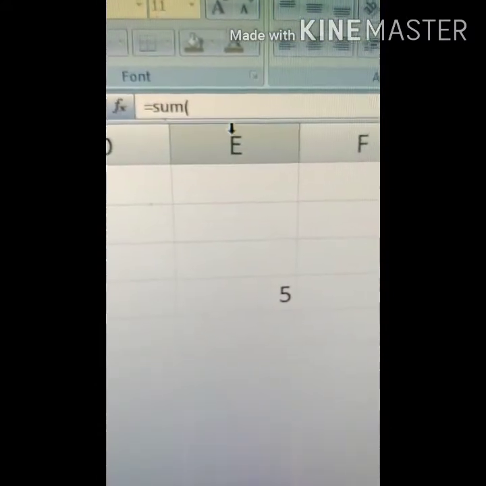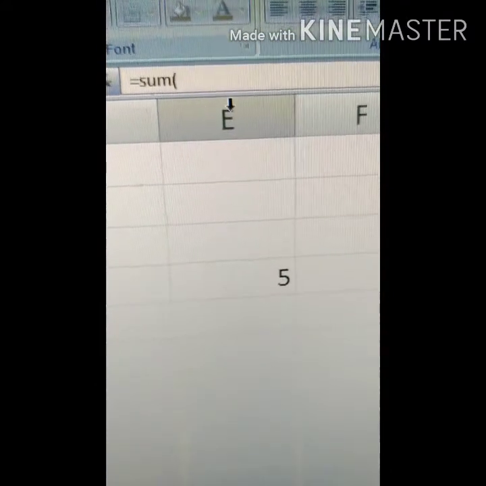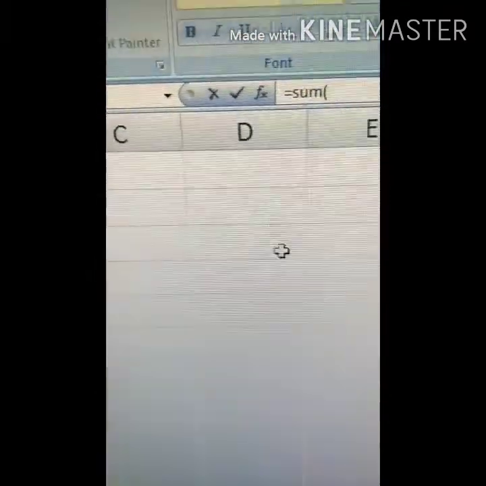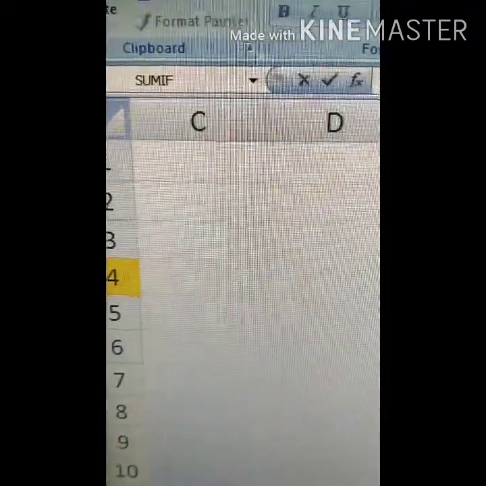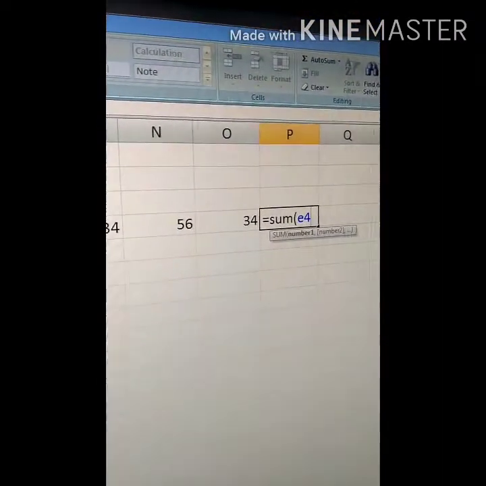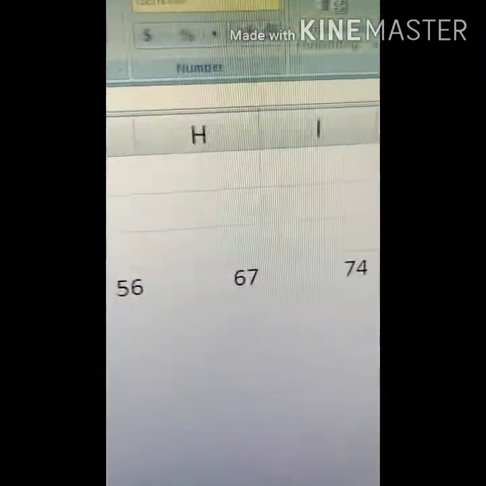What is the first cell reference? We have to understand this. Where is the first number? In column E and row 4. So this 5 is located at E4. Then we will write here E4, and I want the range, the sum of all these numbers.